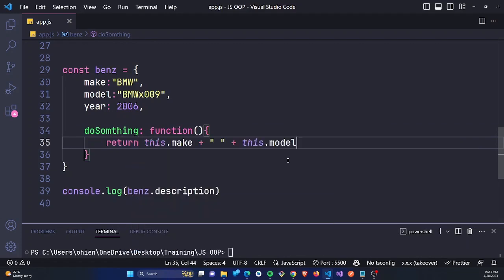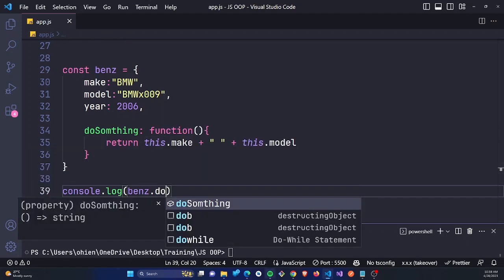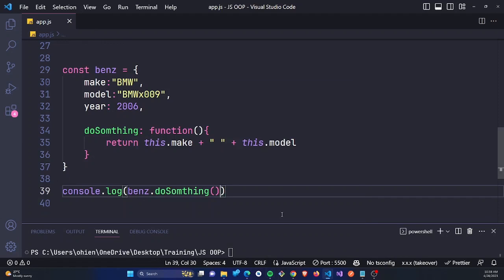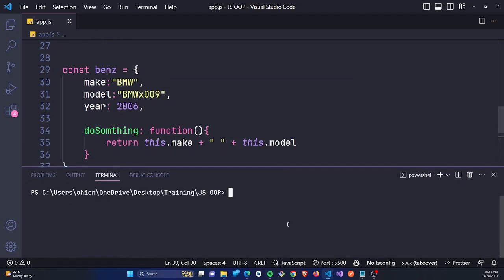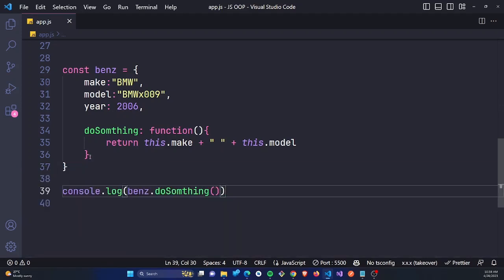We talked about the return keyword in the last class too. For those of you that missed it, I advise you go back and watch that. And we'll just return this.make and this.model. So here now, if I call Benz.doSomething and I run this, you see it prints this out. But look at the problem we have here now. If I want to create another Benz,